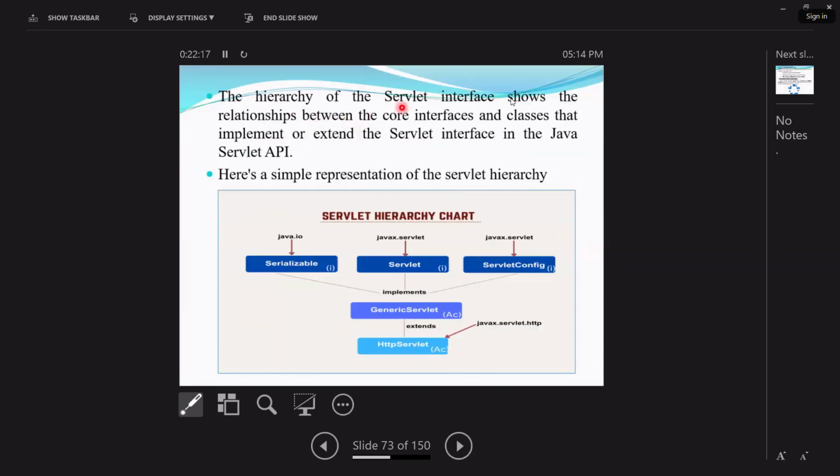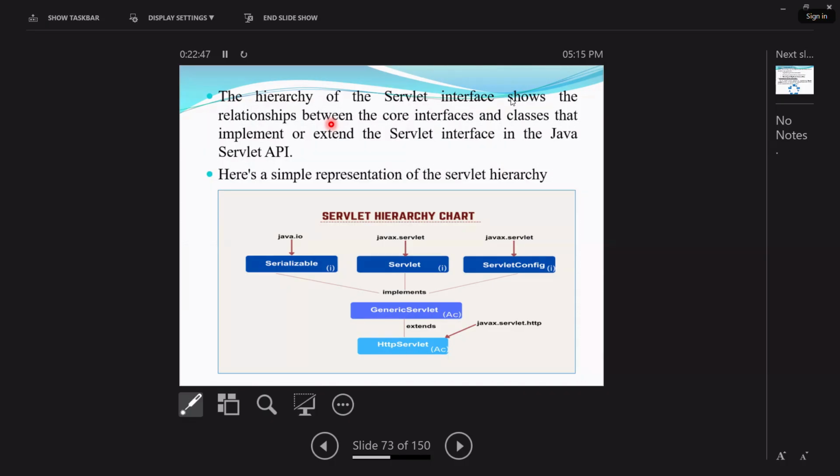The hierarchy of servlet interface shows the